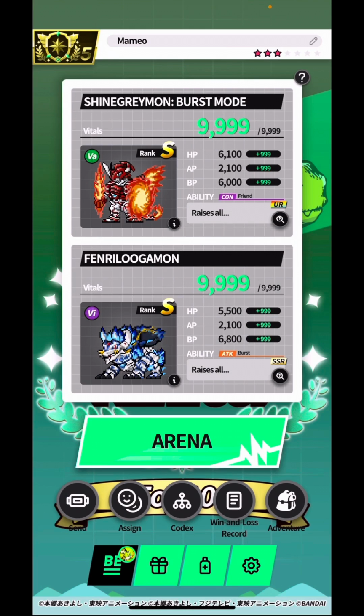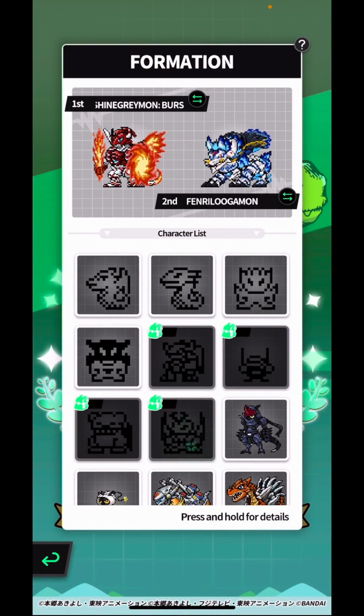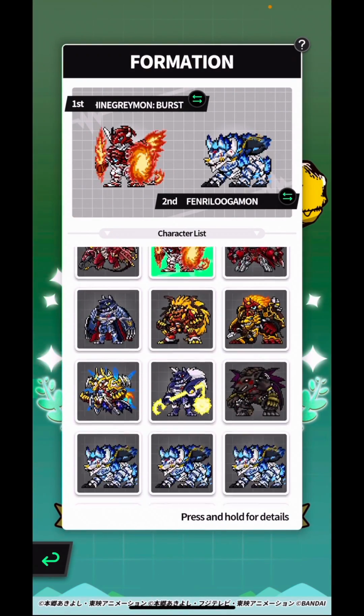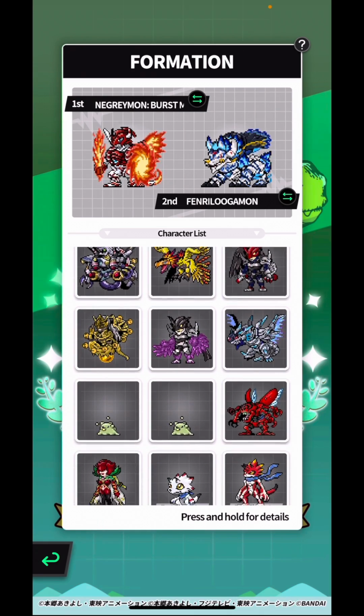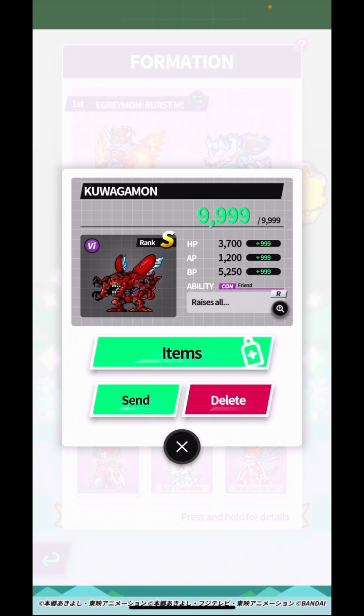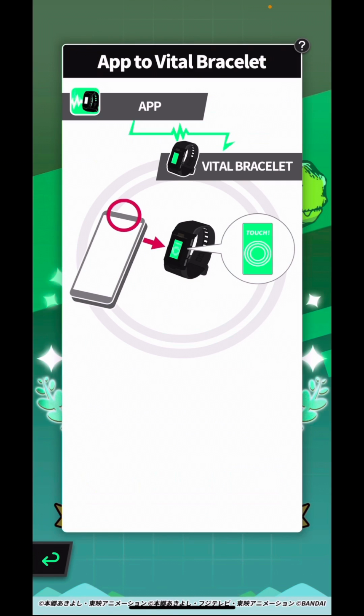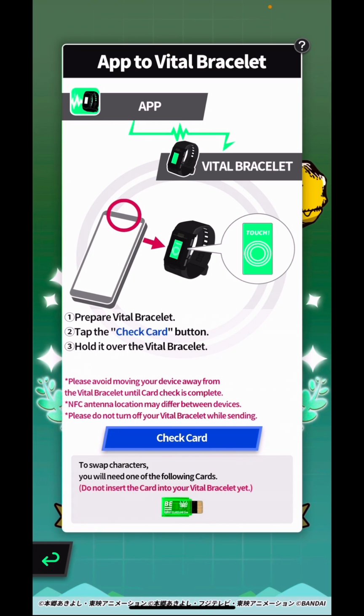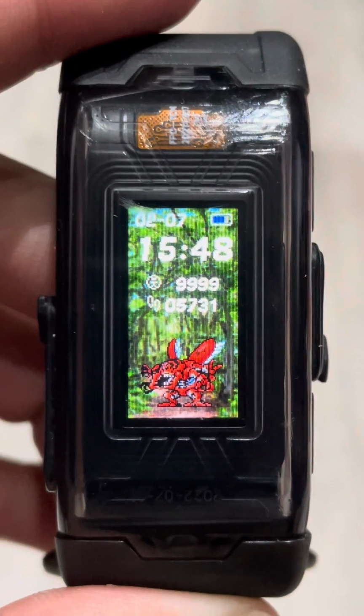A lot of nostalgia there because of the device, and I just raised it on Digimon Color, so that's a fond reminder. And of course on Digimon World, he was a critical recruit as well back on the PlayStation 1 game. And now we get to raise him once again on the Vital Bracelet. And you get to raise him in the Digimon World game as well. So that was nice. So anyway, sending Kuwagamon back to the bracelet. Here we go. And we raise his vital so it can battle. See you on the bracelet, Kuwagamon.